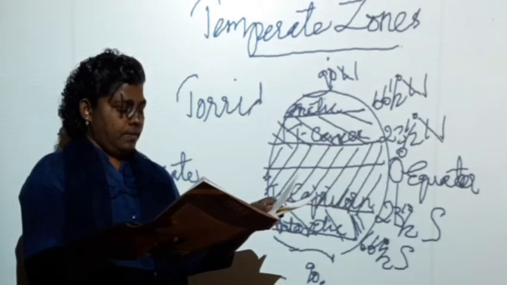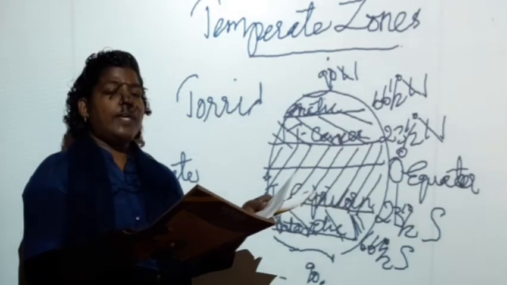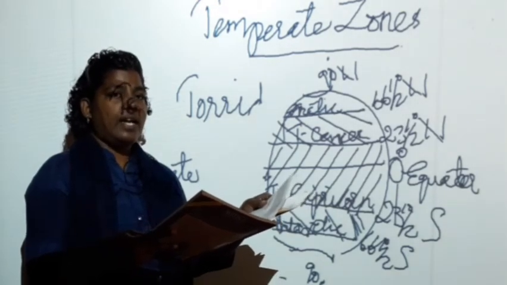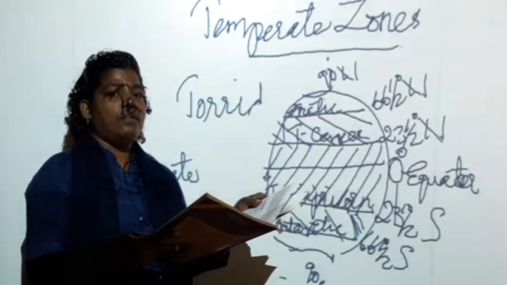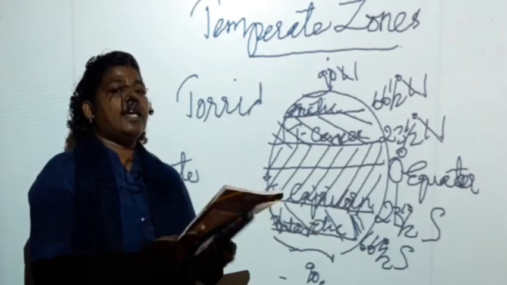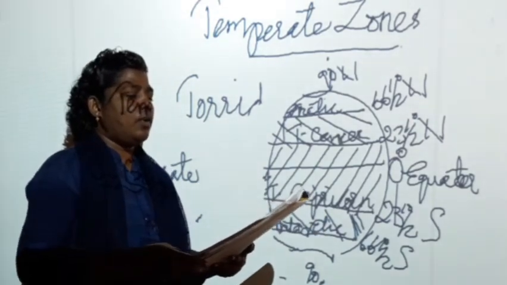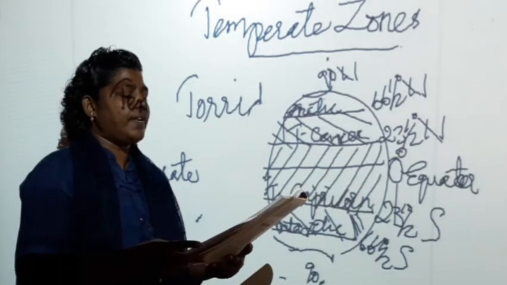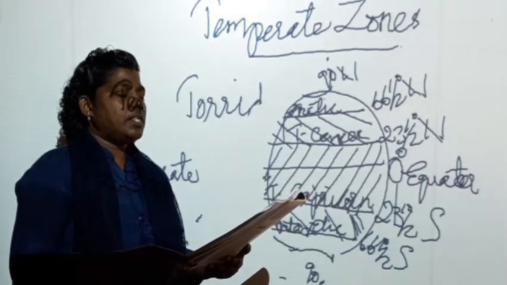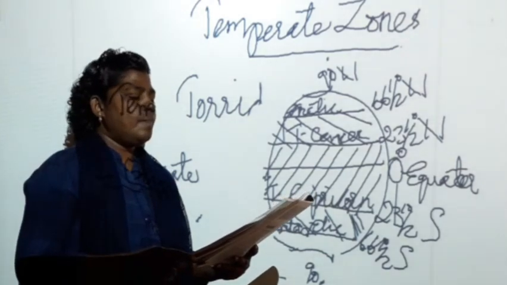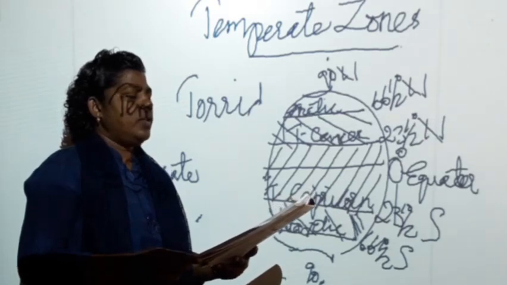Tenth question, I will give the answer later. If you can find it from the atlas, the survey will be given in kilometers. If you can find it out, you can. Otherwise, I will give you later. Okay. And the next, C section, answer the following questions in 1 or 2 paragraphs. First question, page number 17. Second question, page number 17, 18 and 19. Third question, page number 18 and 25.